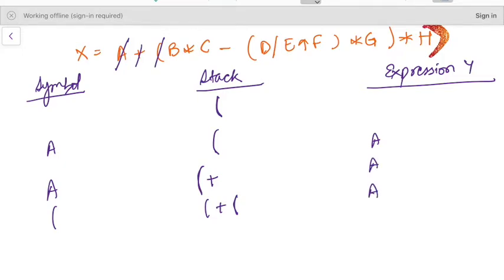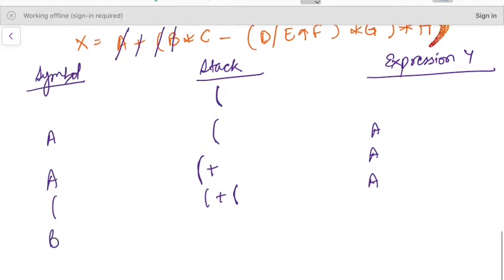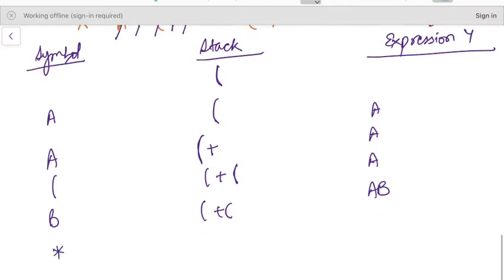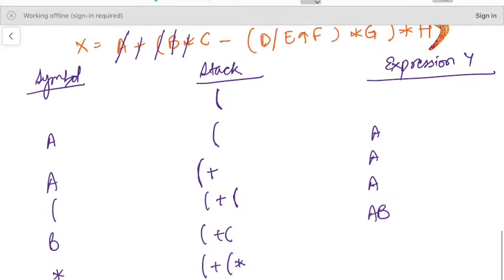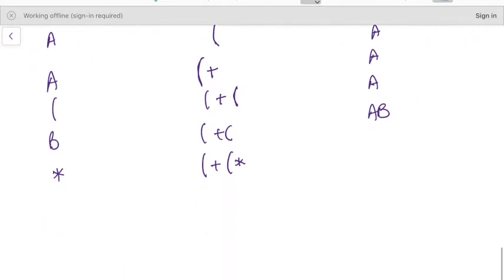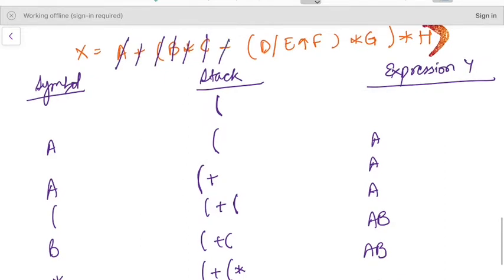So this was the expression, and then b is an operand, so just move it straight to y, and then multiplication. Since this is an opening parenthesis, we can always place an operator after an opening parenthesis. So multiplication moves onto the stack, and then c is an operand, so move it to y. So this was AB and this was ABC, and then minus,